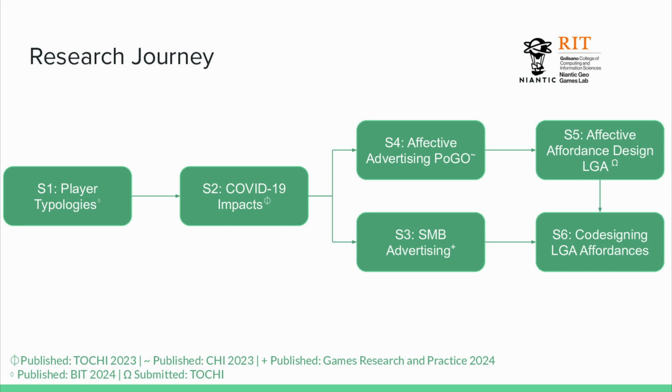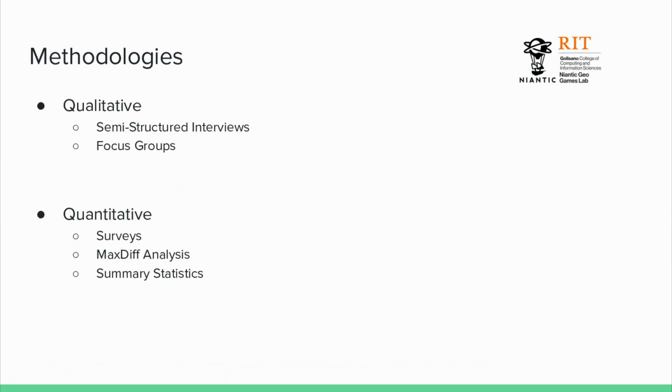The following 4 were all relating to advertising affordances. Specifically, this one here is dealing with players. This one's dealing with the actual physical locations that are running the advertisements. And this is an iteration of the player design and then some co-designing that we're going to be spending most of our time on today talking.